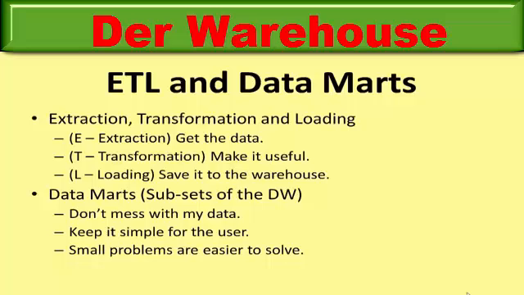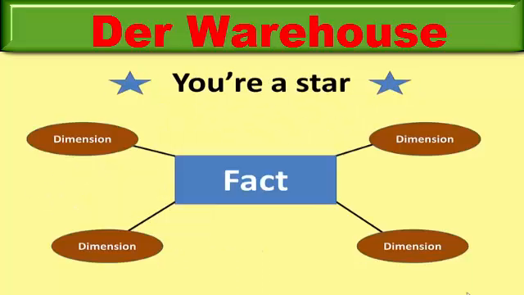Well, you've got the general idea of a data warehouse now. Let's move on to some of the specifics. How is the data held? And it's held as a star, just like you. In the middle you have a fact. And this fact is linked to a number of dimensions. Here I've got 4, but you could have 3 or 23.